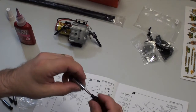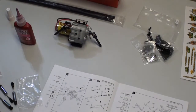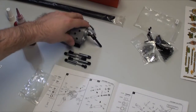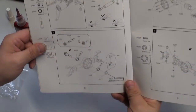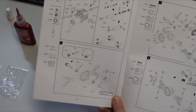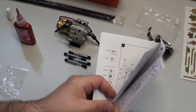All right, so we've got all these pieces together. We've got our shocks functioning. We're where we need to be in the book. So we've got those. We've got our transmission. We've got the drive lines attached. We've got step 5 completed. And as we move into the manual, next up we've got step 6. Step 6 is going to be the axles. And actually we've got step 6, step 7, step 8,